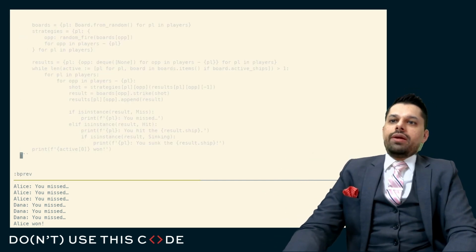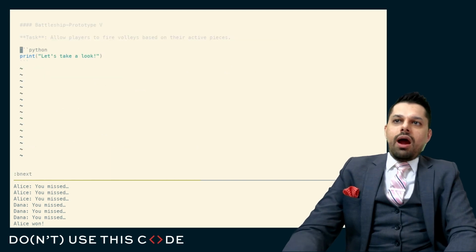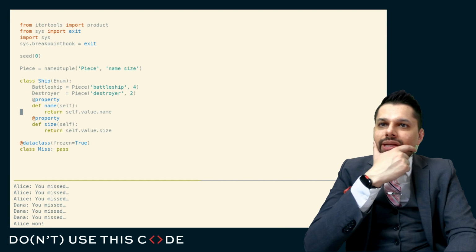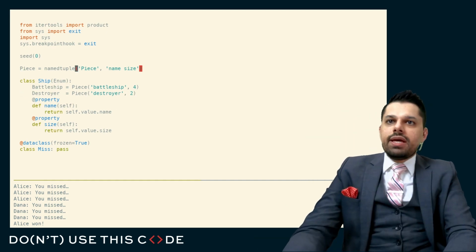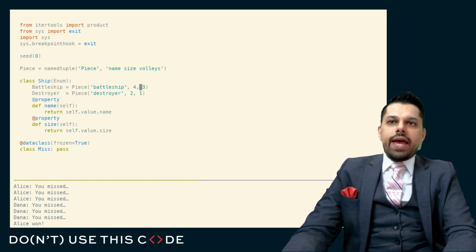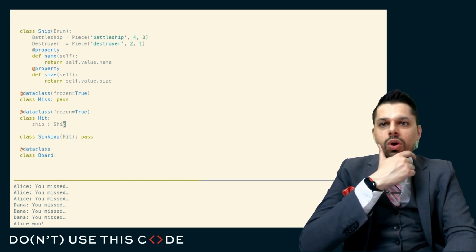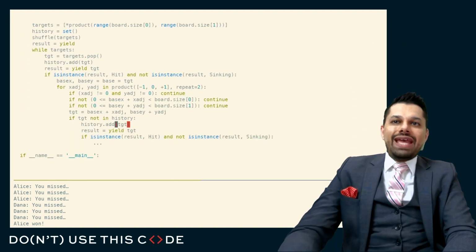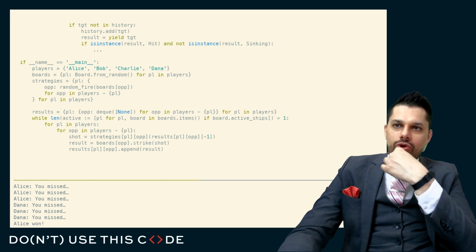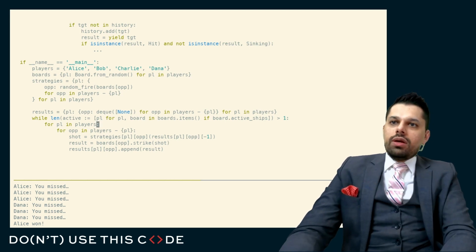So in order to do that, let's start with our multiplayer code. And let's think about what we might do to extend this. Well, to extend this, the piece itself might have the number of volleys that it can fire. So let's say the battleship can fire 3 volleys and the destroyer can send 1 volley. Because we kept track of the active ships, what we can do is we can say for this player,